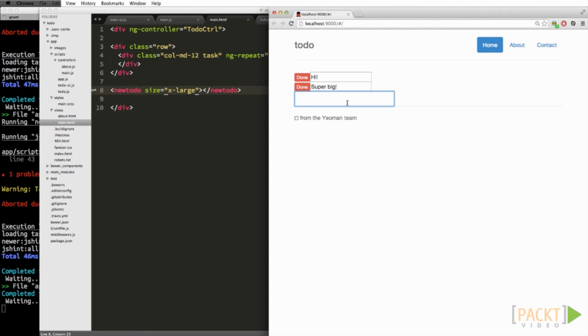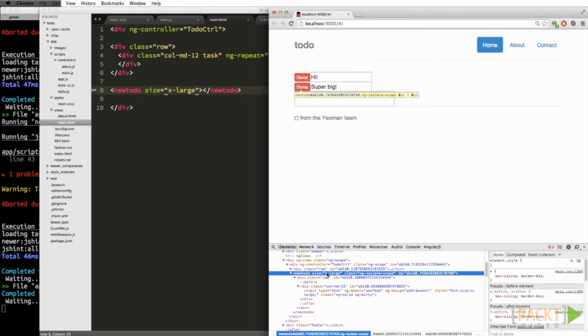How cool is that? So let's just have a look at this for a second in the DOM. So you can see here that the new to-do tag is really part of the DOM. The browser just looks at it like a div in terms of styling and pretty much ignores it. But if you have CSS that depends on a certain layout for the DOM hierarchy, you may have some issues. So in that case, you want to look at the replace attribute on a directive that allows you to replace the original element with the contents of the template. Normally, this replace value is set to false, which is why the new to-do is still in the DOM. If you set it to true, then new to-do will be gone, and just the set of divs and the